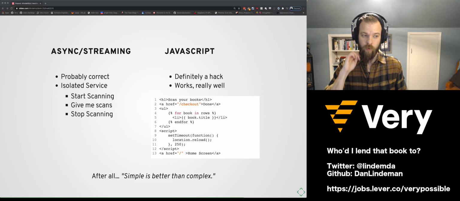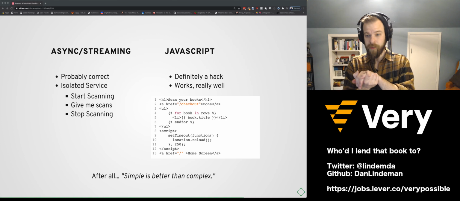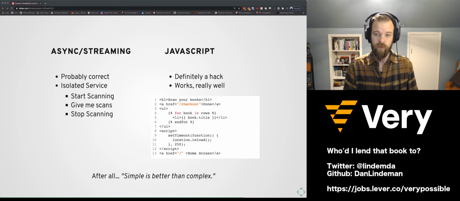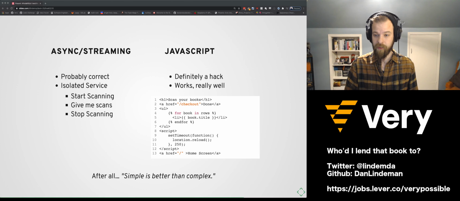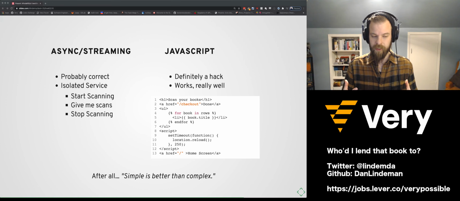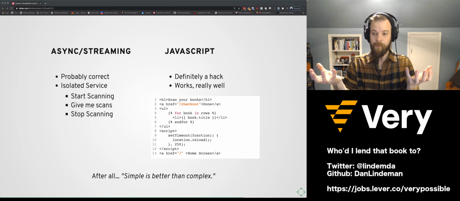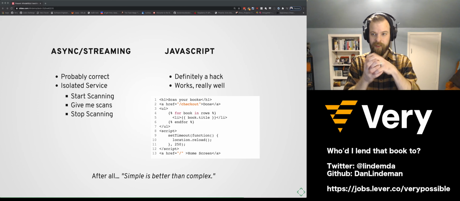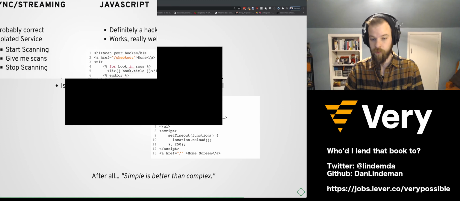So what we can do here, we could either have done the async streaming stuff, or if we truly believe that simple is better than complex, we can add 3 lines of JavaScript to our front end and have it refresh the page every quarter second. So essentially the feature we're getting here is a trade-off between the RFID reader reading and the Flask app being able to render something. And so I found that this was a reasonable way to get some feedback and allow me to click the buttons while still giving kind of a responsive feel to lending things out.